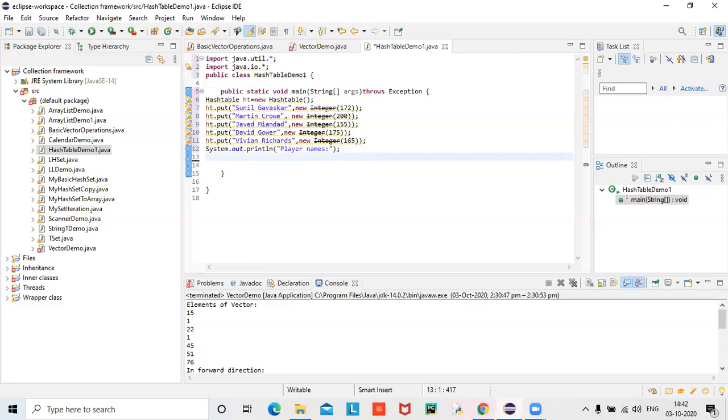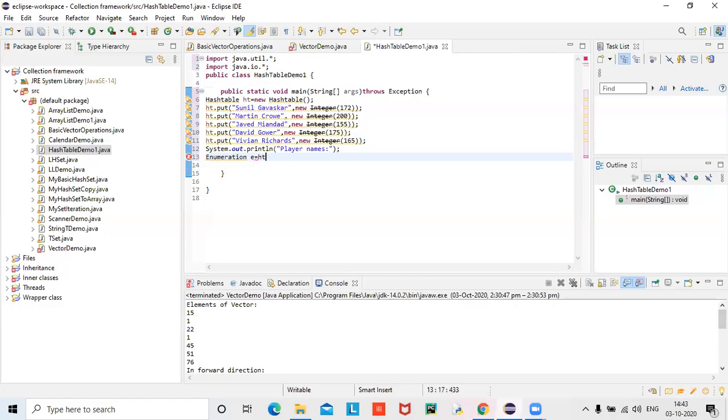I used a couple of interfaces and I missed one interface. What is that? Enumeration. Iterator I explained, list iterator also I explained. Now we will go with the enumeration. The purpose is to retrieve key value pairs. Enumeration is an interface actually. Let it be, I have to complete the statement.